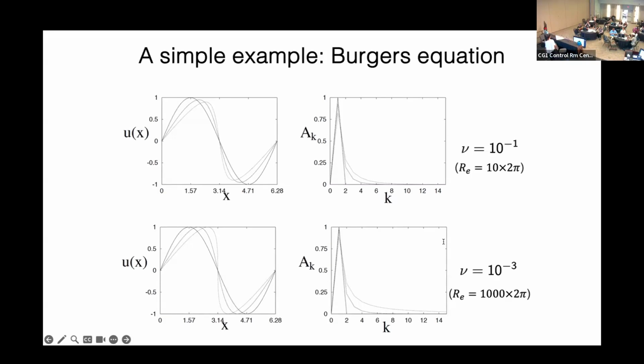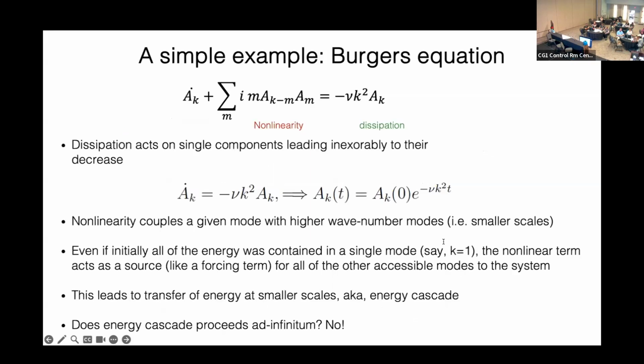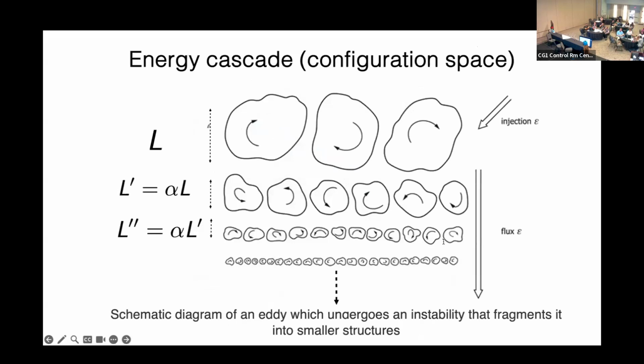Is it right that scale, the wave number K, always couples to scale 2K? Or can that vary, in terms of what scale couples to the next highest? A few slides back, you put it in terms of length scale L, with this alpha, where L becomes alpha L prime. Is alpha always the same? No, this is just for the purpose of representation. No, it doesn't have to be.